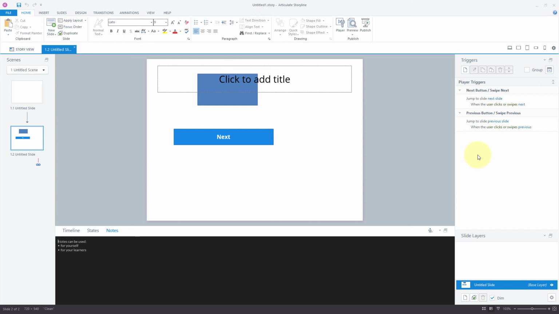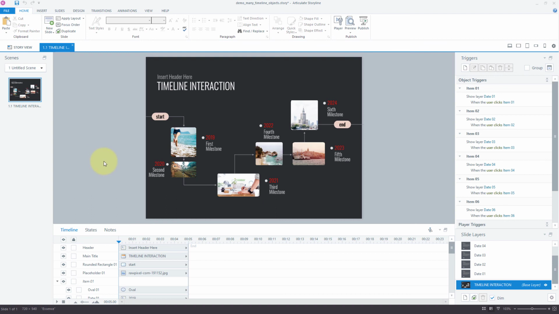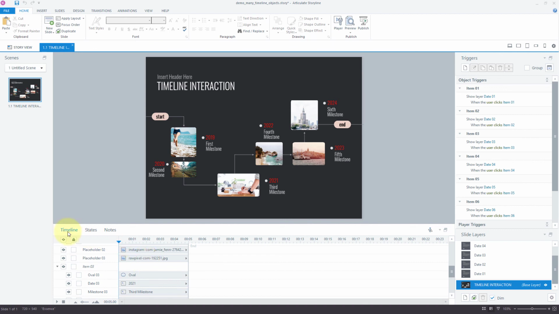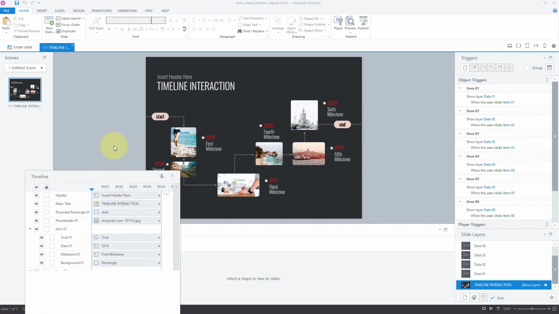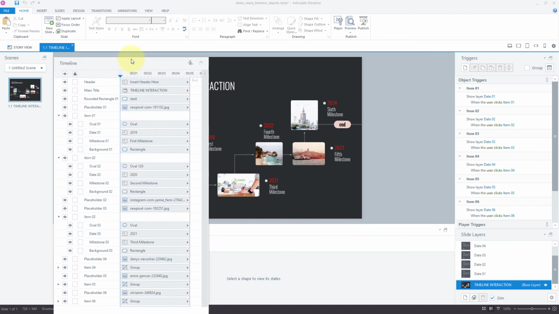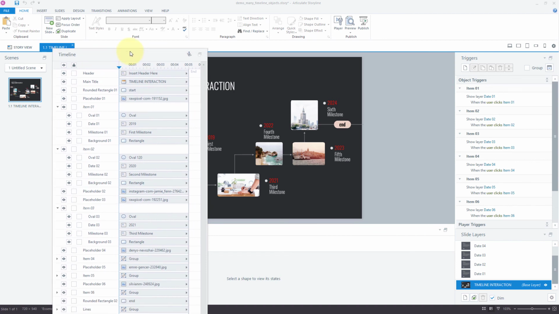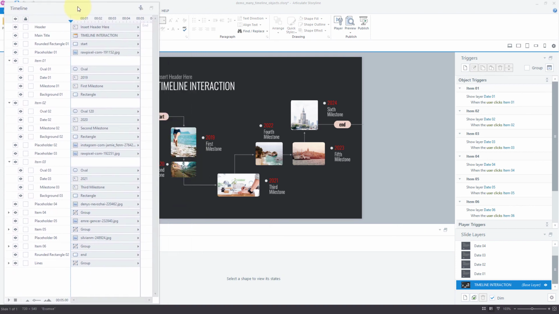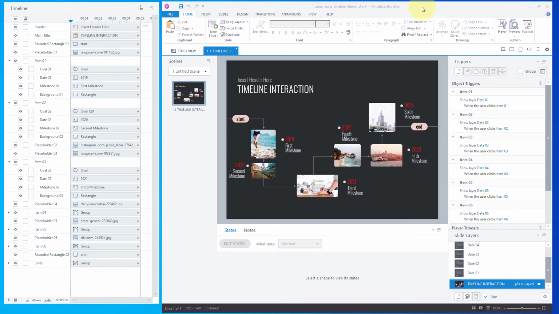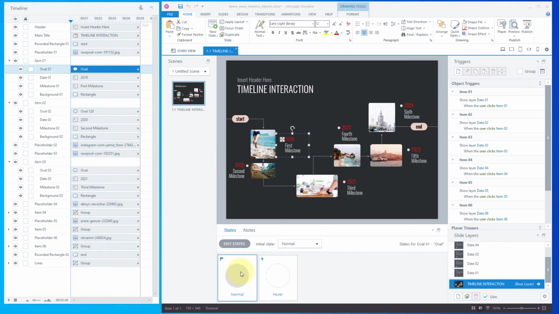Let's look at an example. One situation where we'll undock a panel is when I have many objects on a slide. As you can see here, when I'm scrolling down the timeline, there are many objects. Normally, I would undock the timeline and move it to my second screen. But since you can only see one of my screens, I will just rearrange the storyline window so you can see everything. And now I can see the timeline, select an object, and see the states of the object at the same